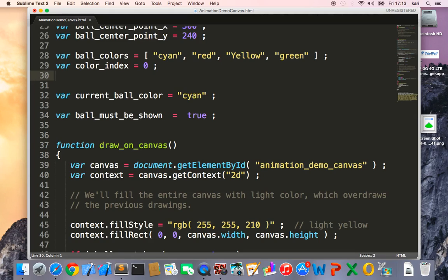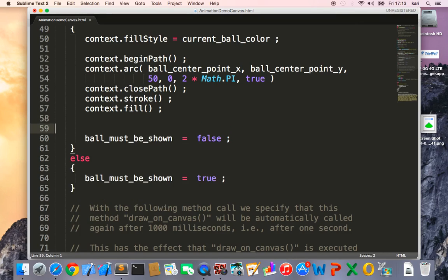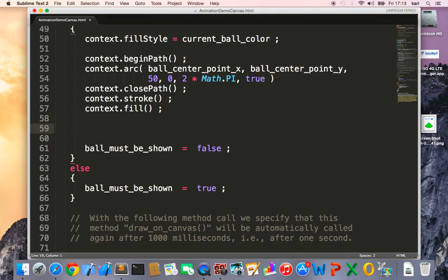So I could add here some statements, that now that the ball has been drawn, I could increase the index,